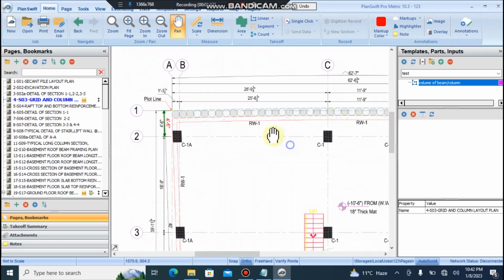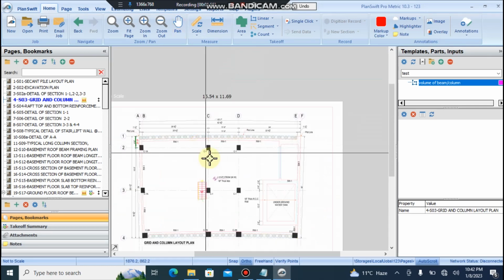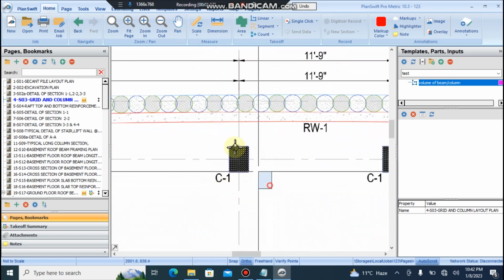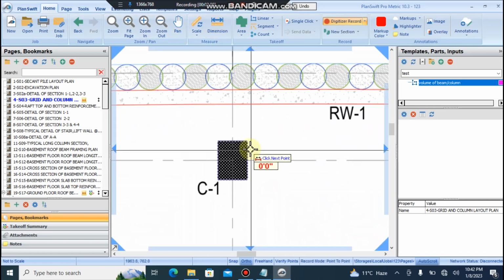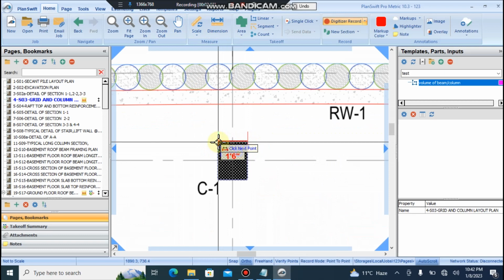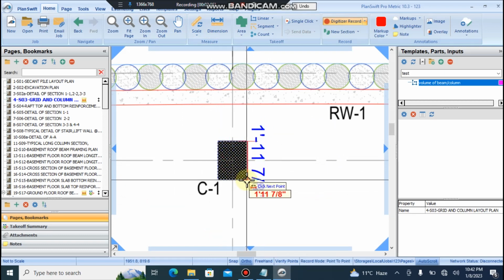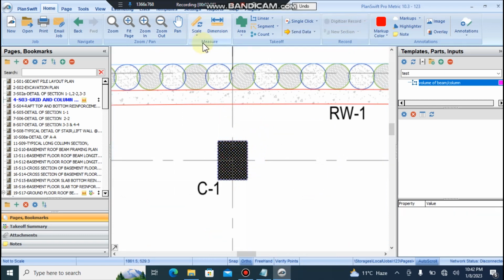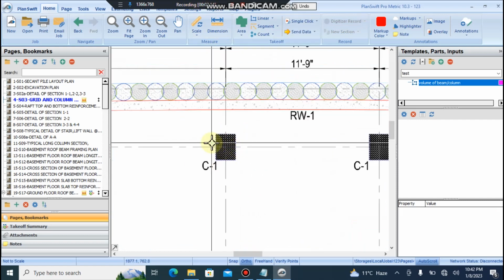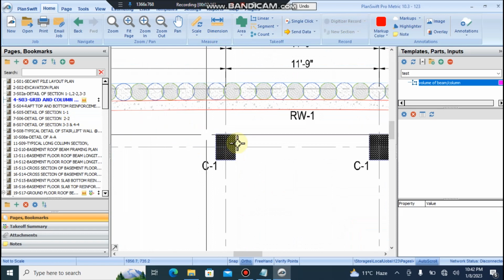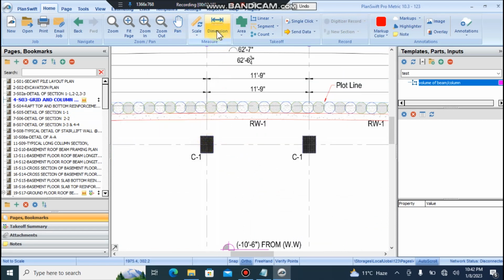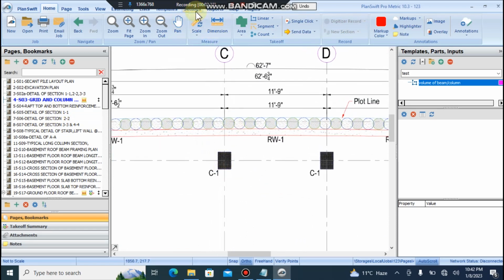Yes, suppose we have to calculate the quantity for the C1 column, and here is the length, which is 1.5 feet into 2 feet. This is the cross sectional area. Suppose the height of this C1 column, and the cross section we have known, let's say the height will be 30 feet. So use this